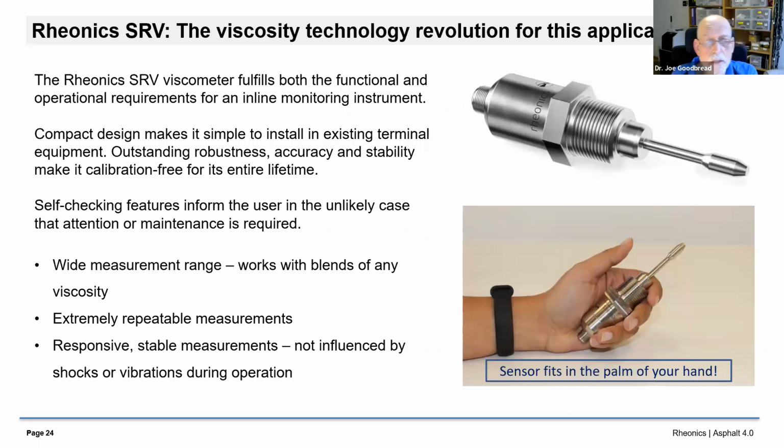Okay. Let's take a look at the Rheonics SRV, which we call the viscosity technology revolution for asphalt inline monitoring. Why do we say that? It's a very compact instrument that can fit into any existing system, usually with no modification whatsoever. It's easy to install. And it has self-checking features that report back to either the operator or the monitoring system when and if the sensor needs attention. It has a very wide measurement range, and